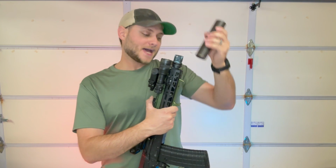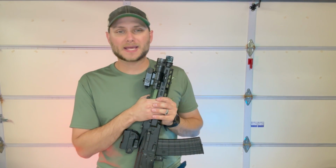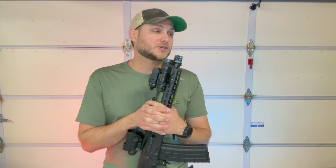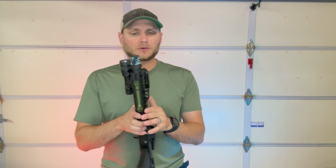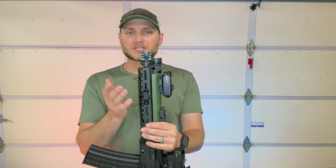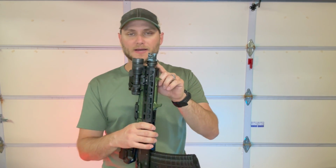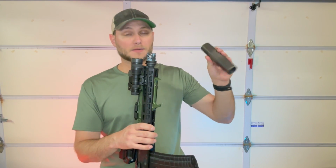Now, the downside to having a flash hider is that it doesn't do much to mitigate recoil, and that might be something that's important to you. You might want to have the ability to shoot fast and shoot flat in certain situations. So something like this 360 HD muzzle device on here, this is going to put off some flash, but there's some options for it. So if you have a muzzle device that's compatible with a suppressor, that's going to be your best option,